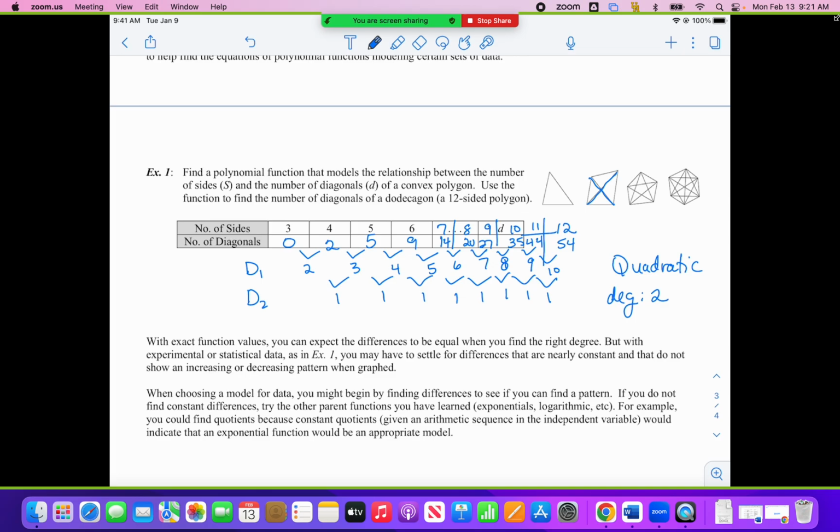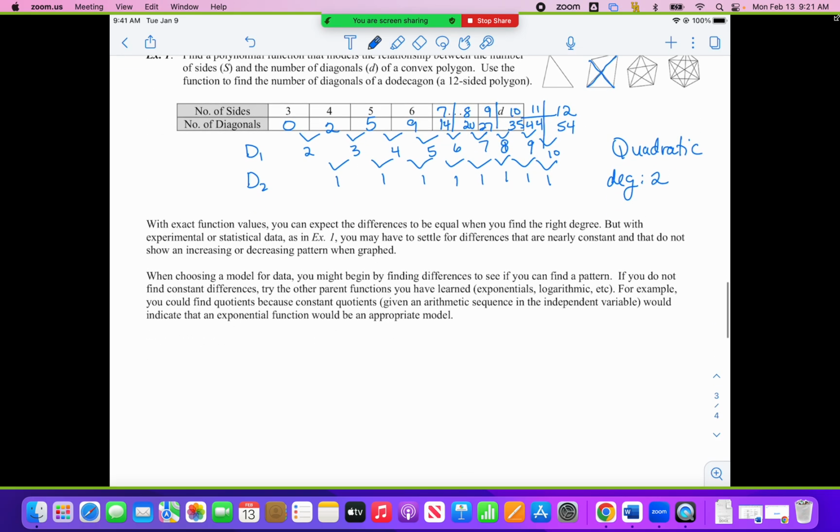So what you're going to do, if I want to write a quadratic function, all I need are 3 points on the parabola. So watch what I'm going to do. This is going to be so cool. And so we're going to circle back to our very first unit this year. So if I take the point 3, 0, and I'm using y equals ax squared plus bx plus c,